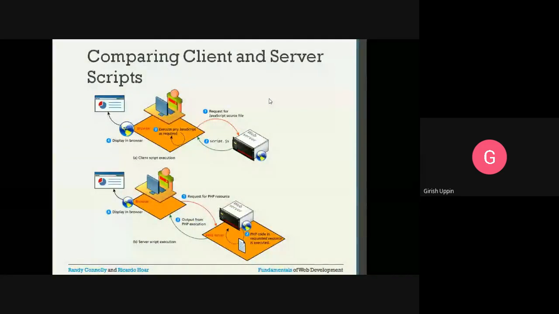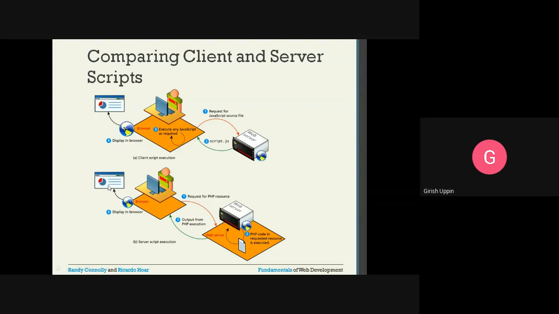So here is a request for the PHP file. The PHP code in the requested resource is executed. Whichever PHP file gets executed, whatever the output from that PHP is sent back, received by the browser, and displayed to the user. That is how the server side script works.